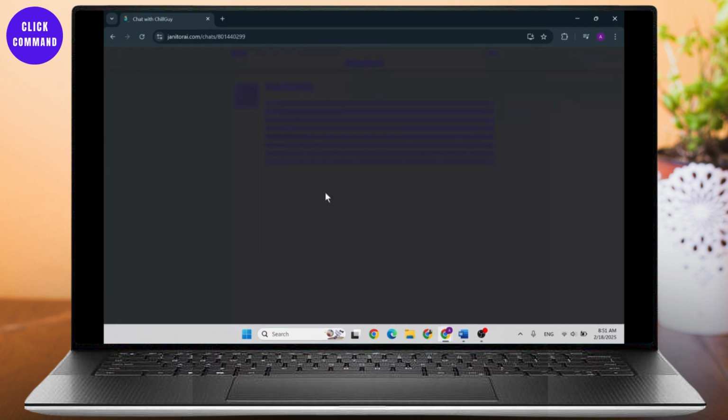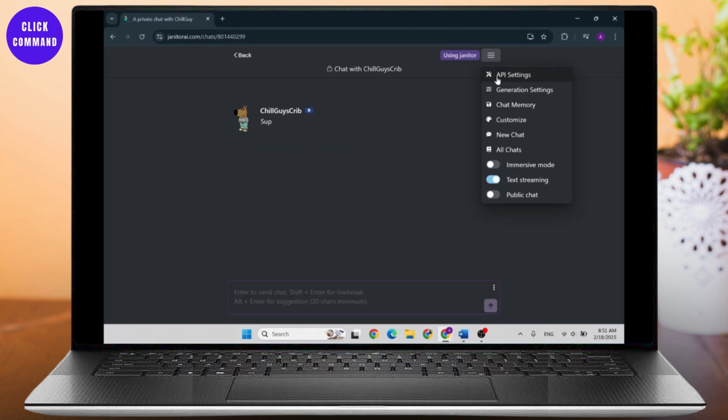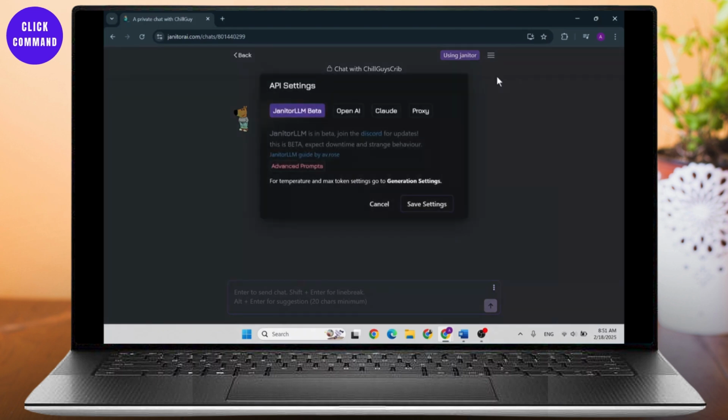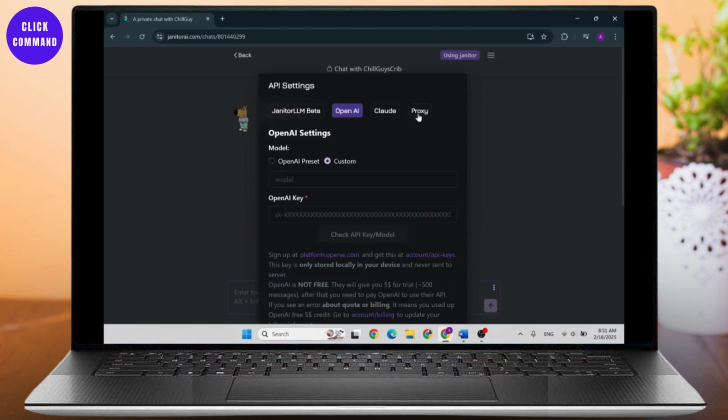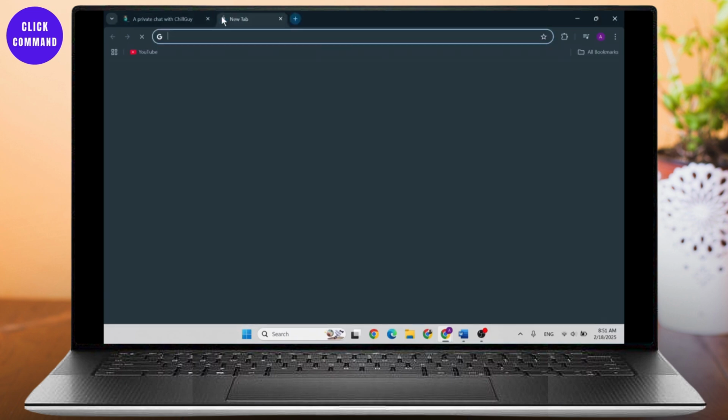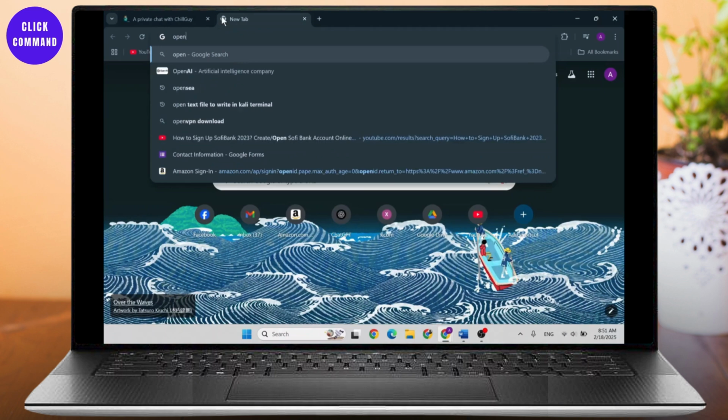option. Tap on it. Now on the top right you will see three lines. Tap on that and you will see API settings. Head over there. Now you can normally by default use Janitor's API, or you can use OpenAI or Claude or Proxy. So I'll just choose OpenAI, and after you choose that, head over to another page on another tab